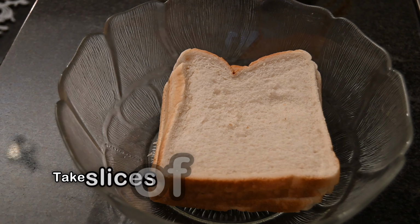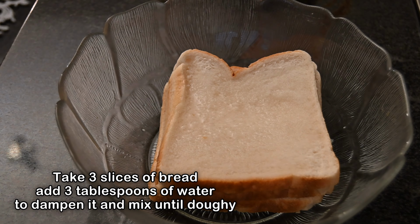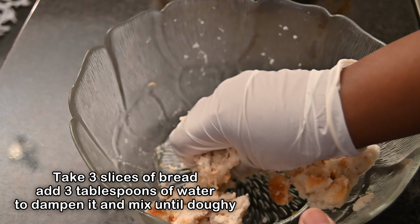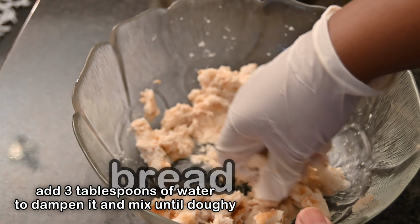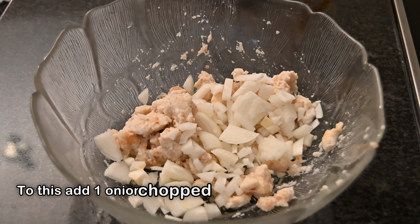Making the potato mix. For this, we're going to take 3 slices of bread and add 3 tablespoons of water to dampen it and mix until it becomes soft and doughy. Then to this, we're going to add 1 onion chopped,